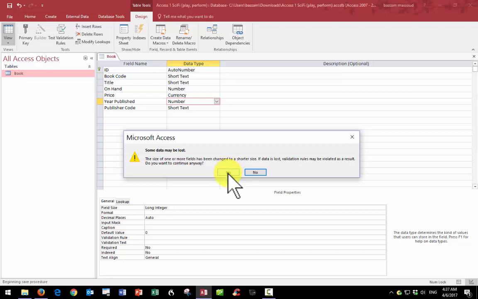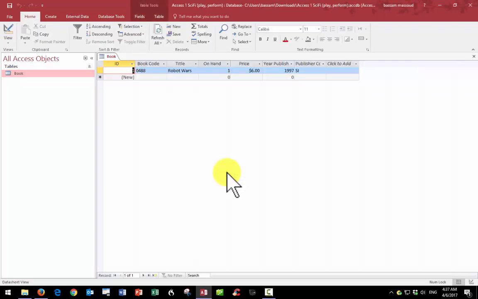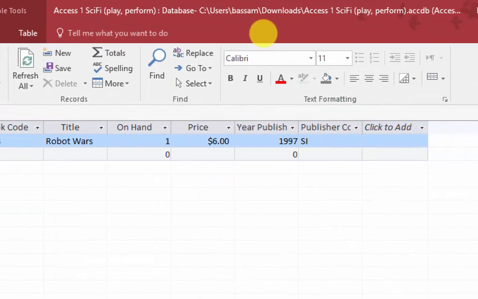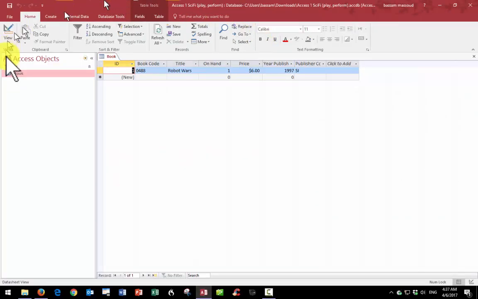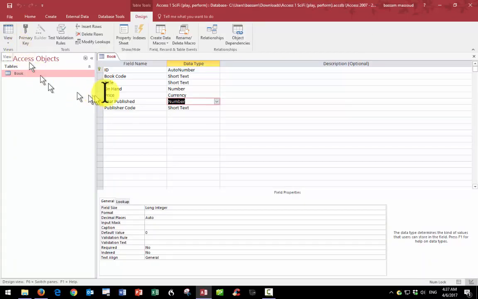Yes, it's okay. If you look here, it's currently called price for the book. And you see now there's a dollar sign in there because we changed it to a currency type. So let's switch back to the datasheet view, since that's the view I want. If we go to price,